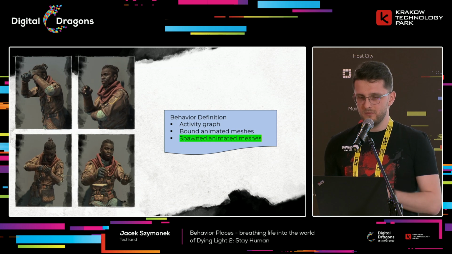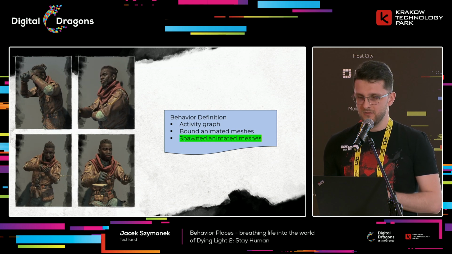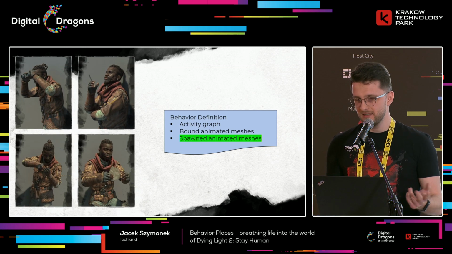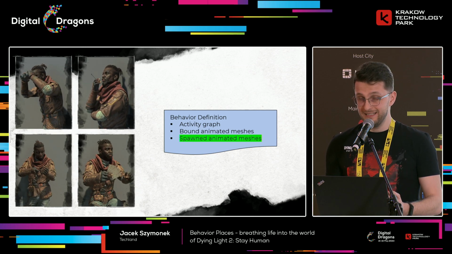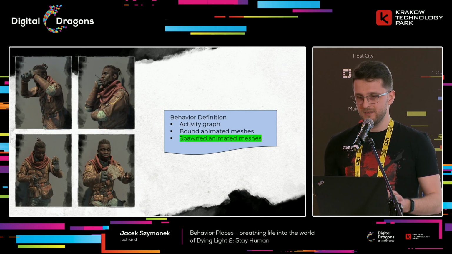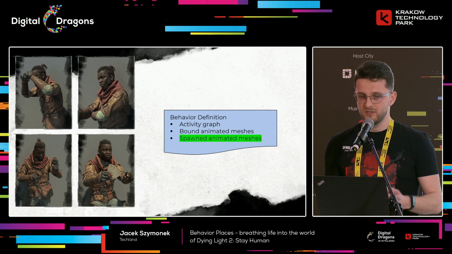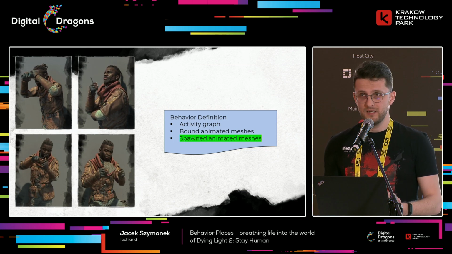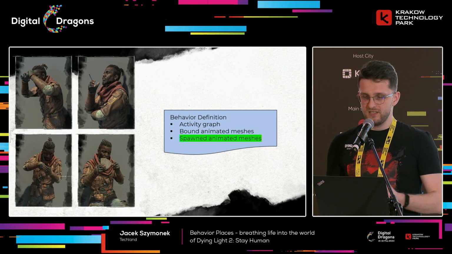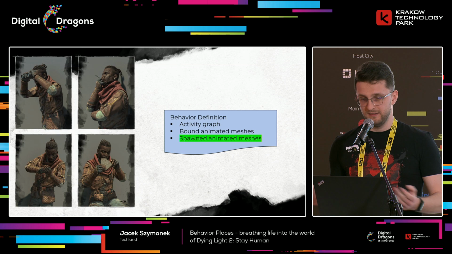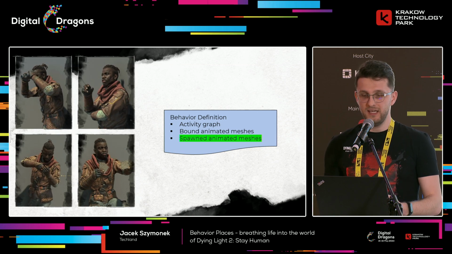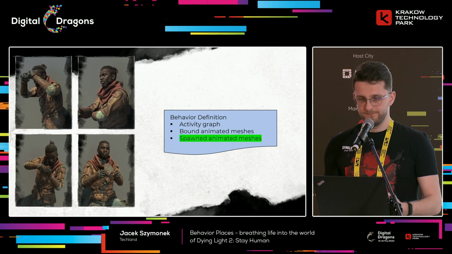However, not all meshes must be placed on the level. So imagine if we had to place every hammer, every screwdriver, cigarette, or any small item on the level. That would be too much work. That's why for small items such as these, animators can also define what is called a spawned animated mesh in the behavior definition. And for such definitions, we spawn a mesh when the behavior starts and despawn it at the end. Simple. Other than that, we use the same motion track mechanism to animate them.